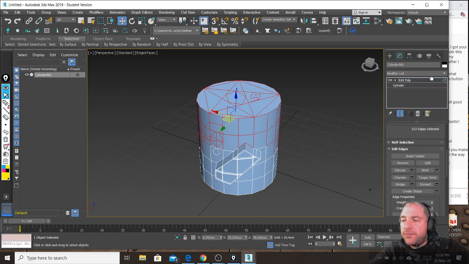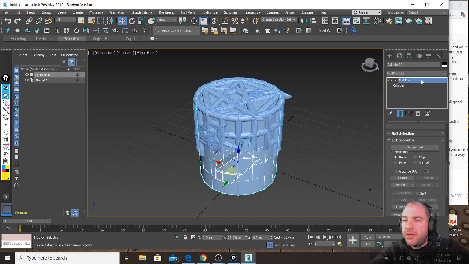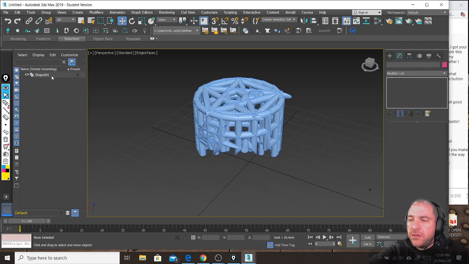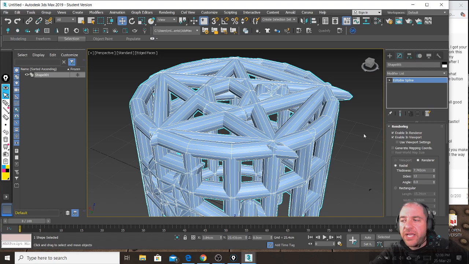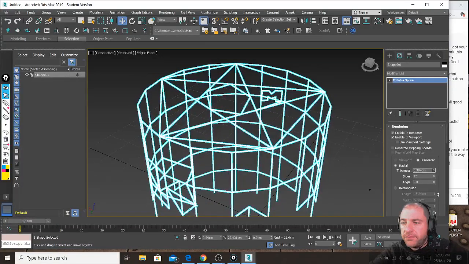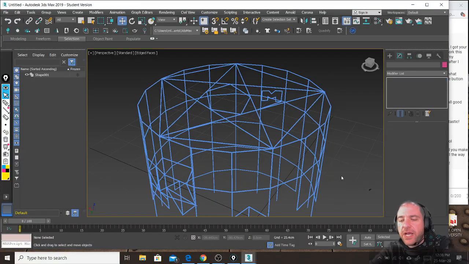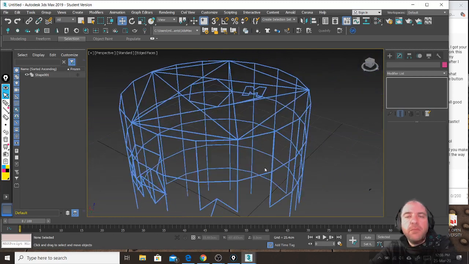I click create shape, linear, okay, and this is the result of using create shape. I just make it less thick, and I have created this kind of cage by using all these tools together. Okay,